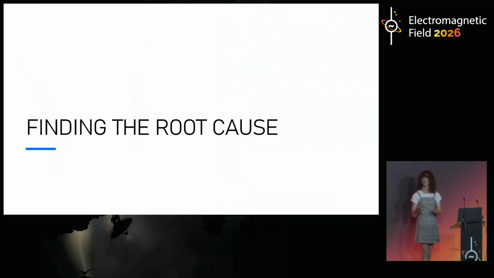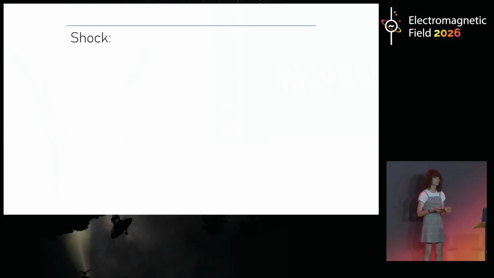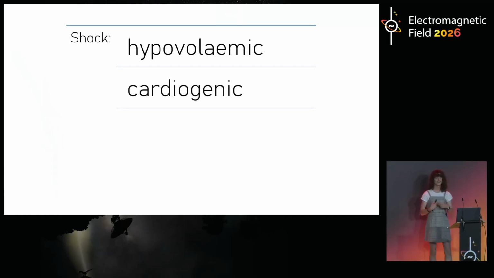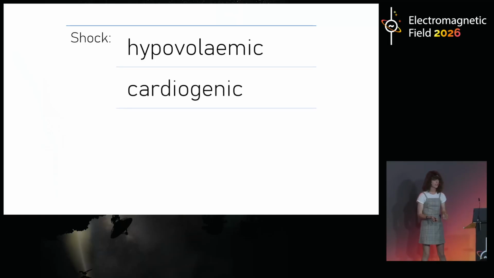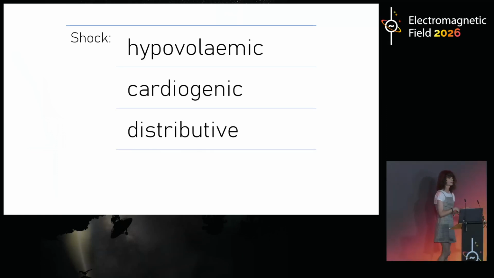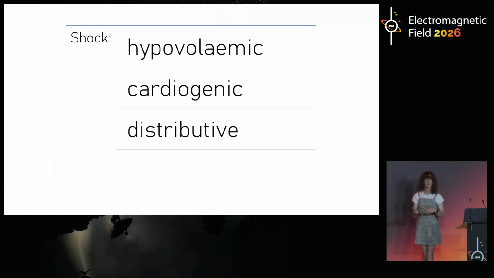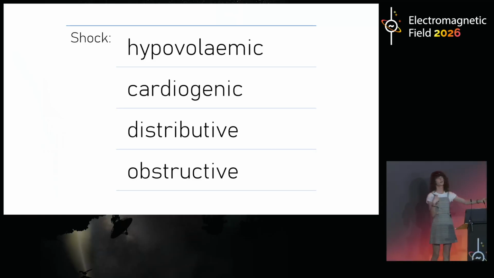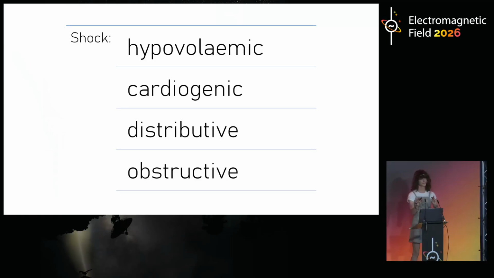Shock is divided into lots of different types, but there's 4 big categories of shock. We talk about hypervolemic shock, which we've talked a little bit about already. We talk about cardiogenic shock, which we talked a little bit about already. We talk about distributive shock, which is where the pipework, which helps to get all of that blood around your body, isn't working correctly. Maybe it's closed off. And obstructive shock, which is where the pipework has literally closed off. This was a pretty bad example because it's a little bit more systemic than that. Without talking too much about the difference between the individual components, it's kind of hard to differentiate those, and I don't have the time to go into the specifics. But